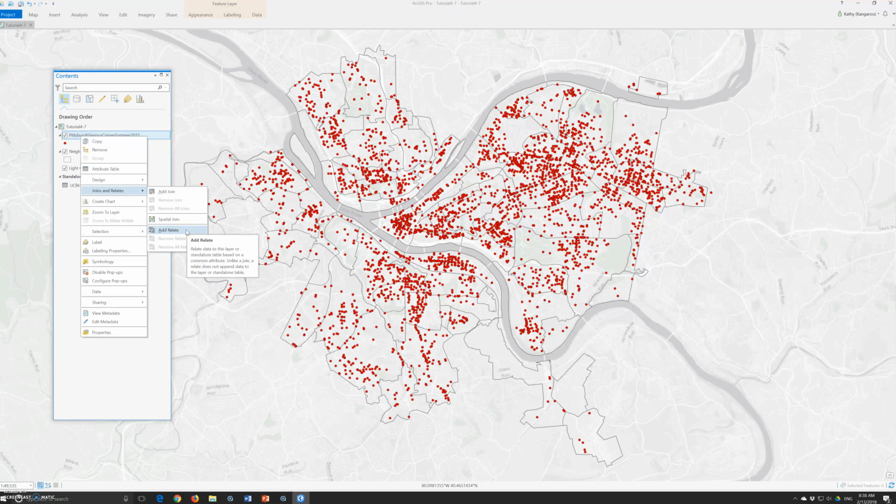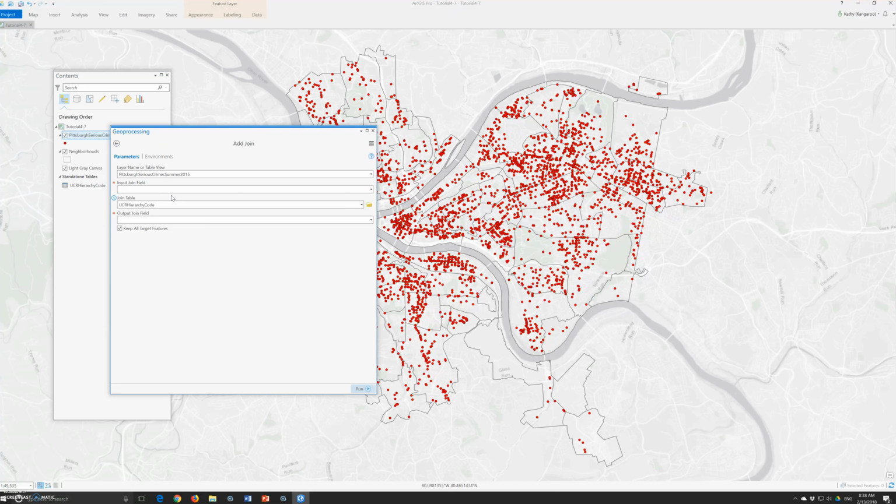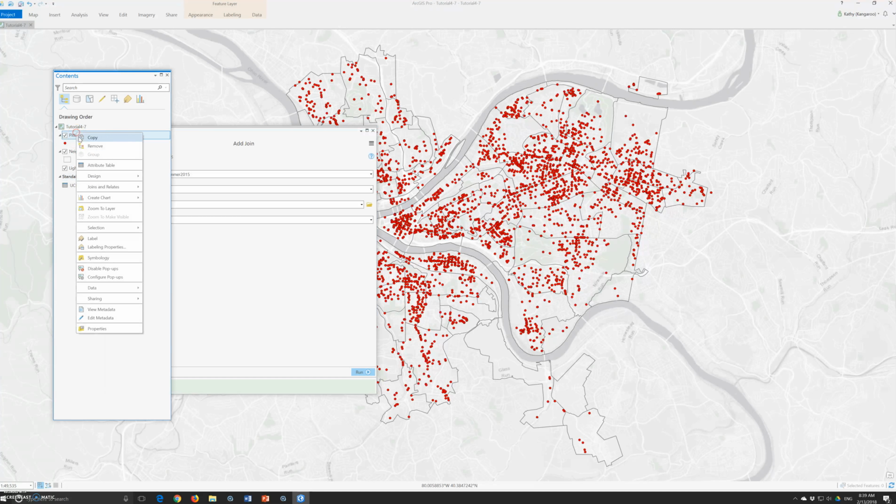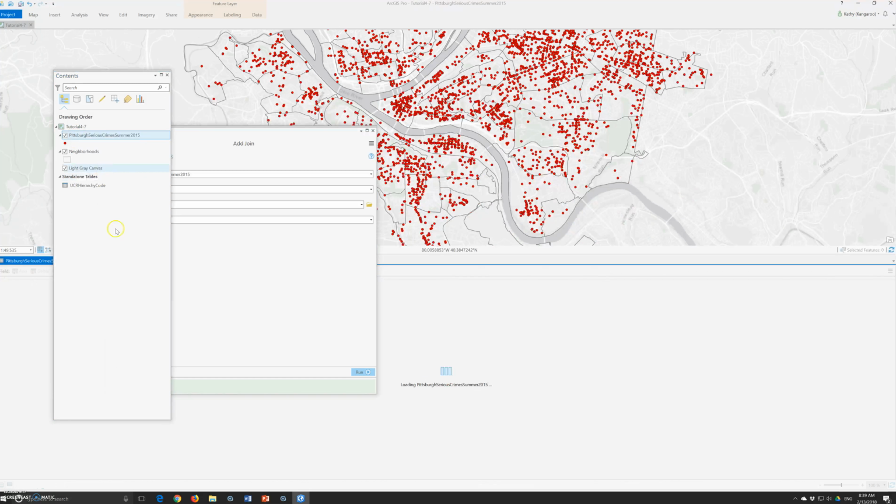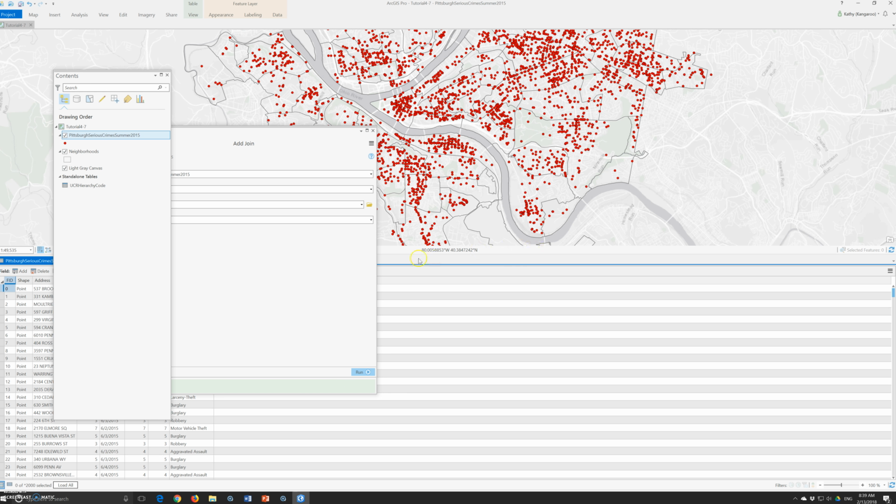And we will say add join. And that we will have hierarchy, input join field, hierarchy, table is this one, and hierarchy, keep all the records and run the tool. So this is one-to-many, and it's done. And right click on it and let's open attribute table. And now we know what kind of